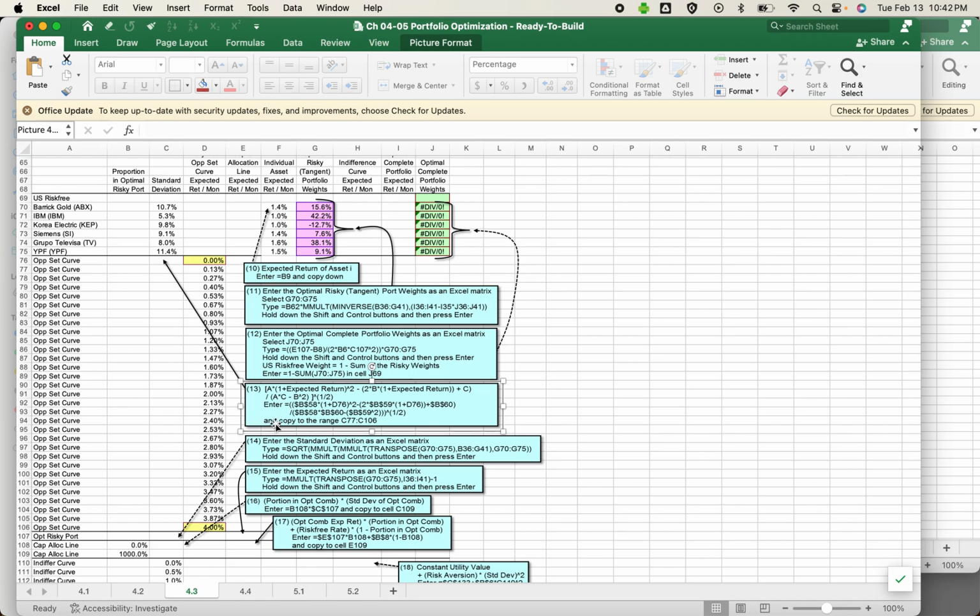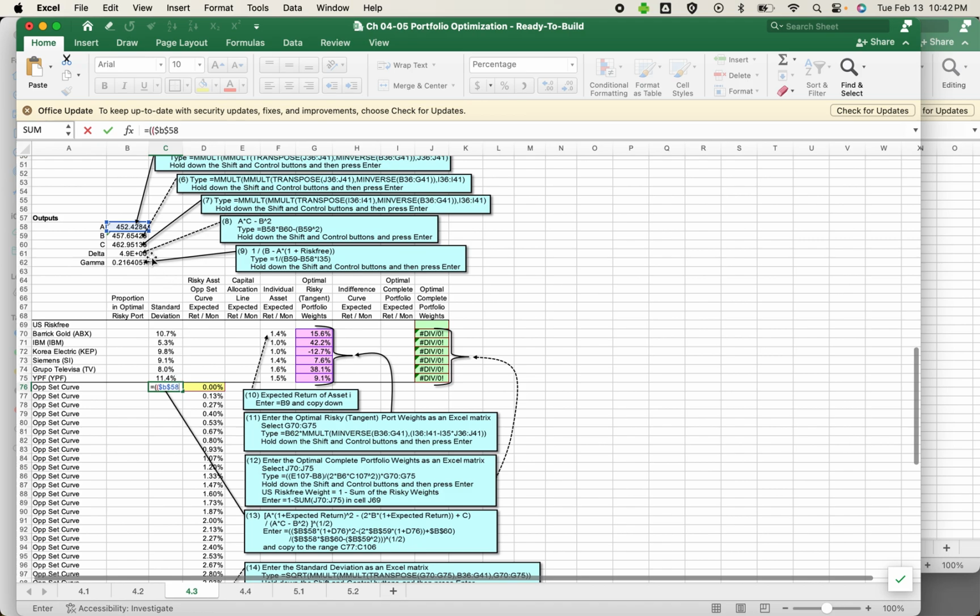Now my opportunity set curve. This is calculating the standard deviation within my opportunity set. So I'm using my eigenvectors and my expected return squared to figure out the standard deviation for this opportunity set. So open two parentheses, B58, and that is my A,